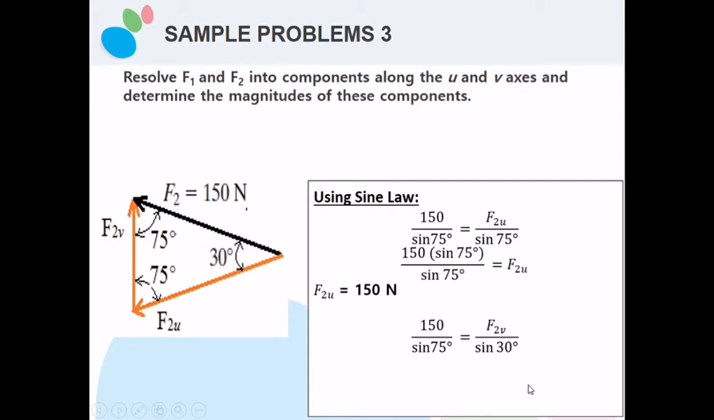Using again cross multiplication, we can have a simplified form like this. So this is our equation to solve for the v component of our f sub 2. So again, using your calculator, we can say that our f sub 2 v component, or the v component of f sub 2, is equal to 77.65 Newton. So that is how to solve for the problem for sample number